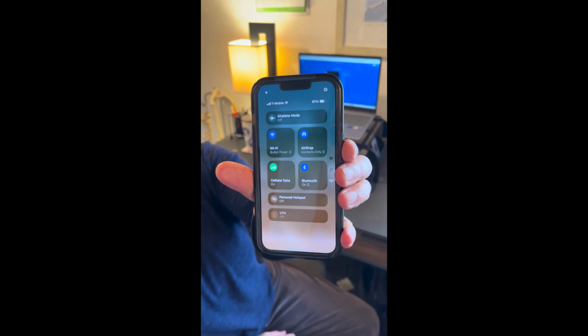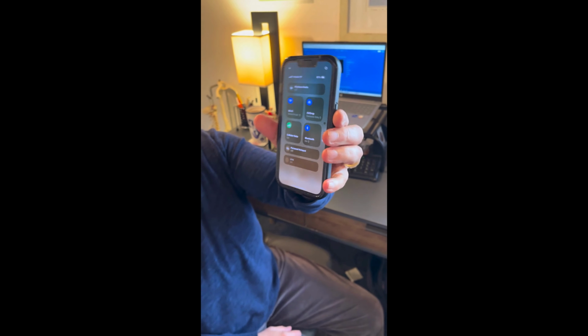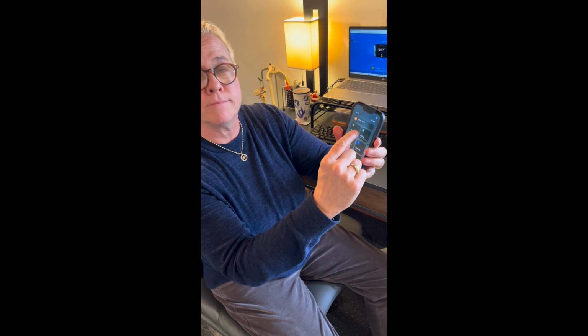So let me just show you, even if your iPhone is locked, and you may know this, and I think it's the same with Android, I can go up here and I can pull down and I can get this screen, which is the control center screen. And let's just say I've just stolen your phone. I can take it and put it on airplane mode, and that'll turn off the Wi-Fi, which means if you're using an app like Find My Device, or for iPhone, FindMy, that's just what it's called, it will render it disabled. They'll turn off the Wi-Fi, then they turn the phone off, and you have zero chance of getting your